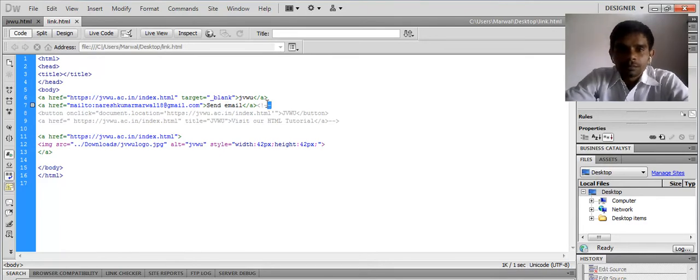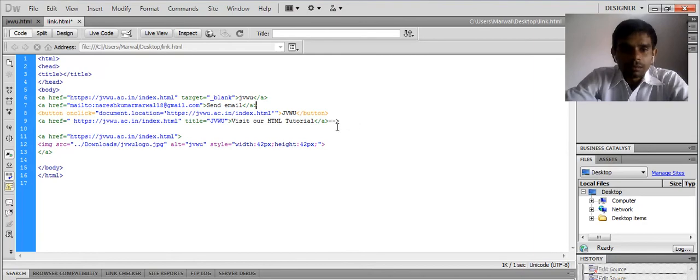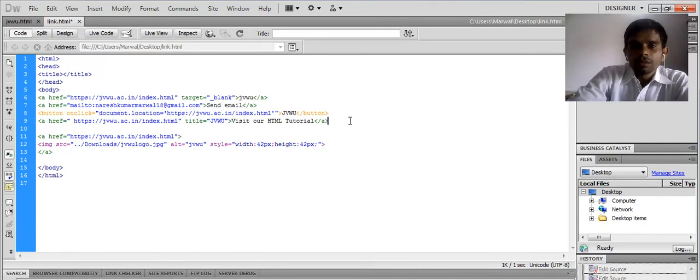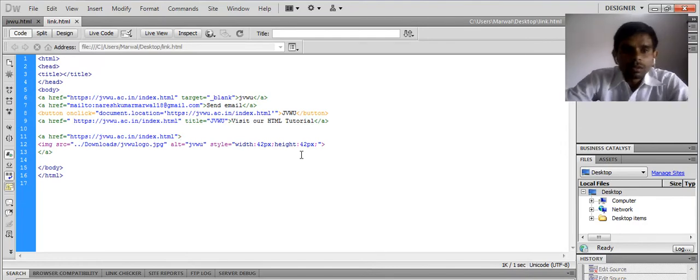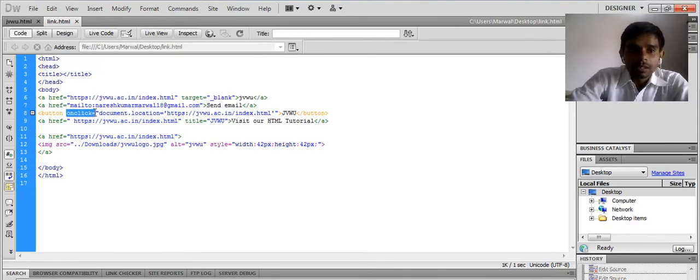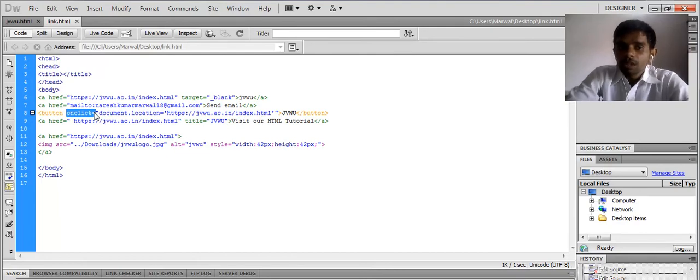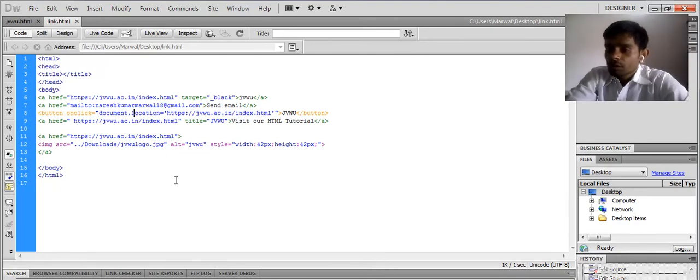The same thing we can do with a button. We can do it with a title. If I am talking about the button, this can be done by the onclick event. It means a property whose name is onclick. On a particular click, we can use document.location. It means we have to decide the location of your document, and here I enter this URL as input.